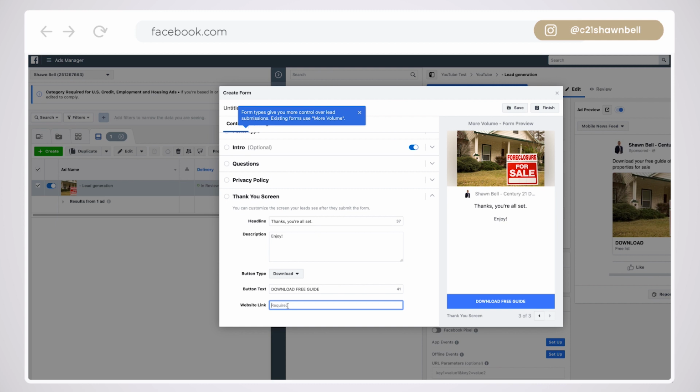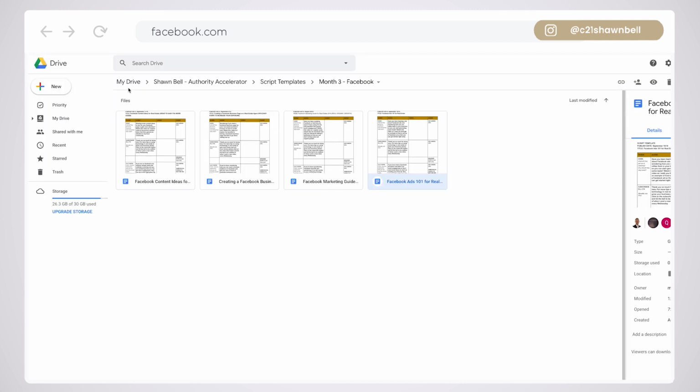So what I like to do is I go into my Google Drive and I save a list of all the foreclosed homes for sale. And then I'll have links to that property so they can open up and see the details. So I'll put those in a Word document or a Google Sheets document, put it in Google Drive, and then I will make a shareable public link for Google Drive and paste it in here so they can open that up. So if you guys want to quickly see what that looks like,